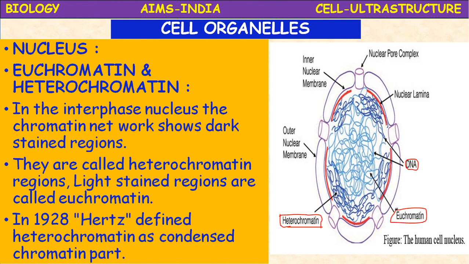Okay, this is the human cell nucleus. The outer nuclear membrane is there, and inside, the chromatin divides into two parts, heterochromatin and euchromatin. Heterochromatin is the chromatin material which is stained bright colored, and the euchromatin, which is present in the center, is light colored, and it is the true chromatin. Okay, so let us proceed.